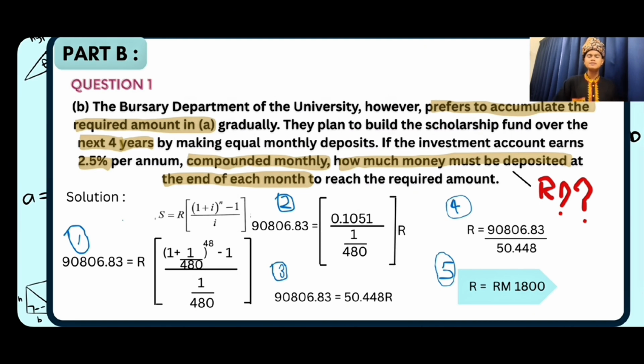In this step, I will settle the upper part of the bracket first. So open bracket 1 plus 1 over 480 close bracket to the power of 48 minus 1 becomes 0.1051, and we divide by 1 over 480. Next, we get the answer 50.448 R. Don't forget the R, because the R we need to transfer to the front. R equals 90,806.83 divided by 50.448. And finally, we get the answer